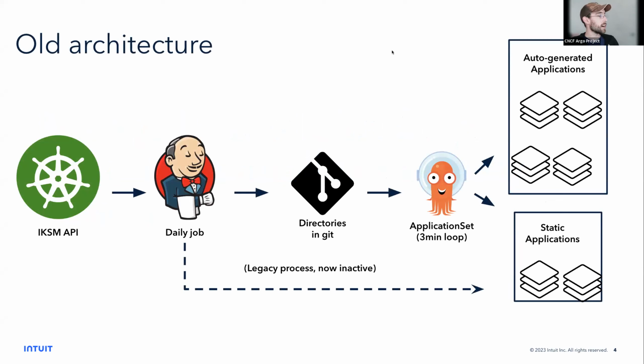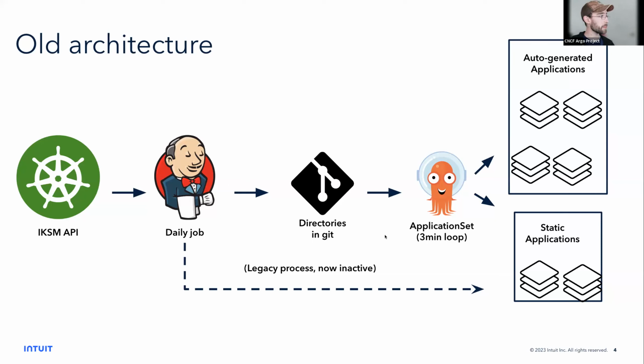changes that we made. So in the past, what we've done is used our internal control plane for clusters, which we call IKSM. It has an API that we develop and maintain internally. And we have a Jenkins job that every day calls that API and says, what are the clusters that are available? And what's some metadata about them? Based on the response, Jenkins creates directories in a Git repository where we deploy a lot of our Argo stuff from. And each of those directories is populated with a config file in JSON format with a lot of that